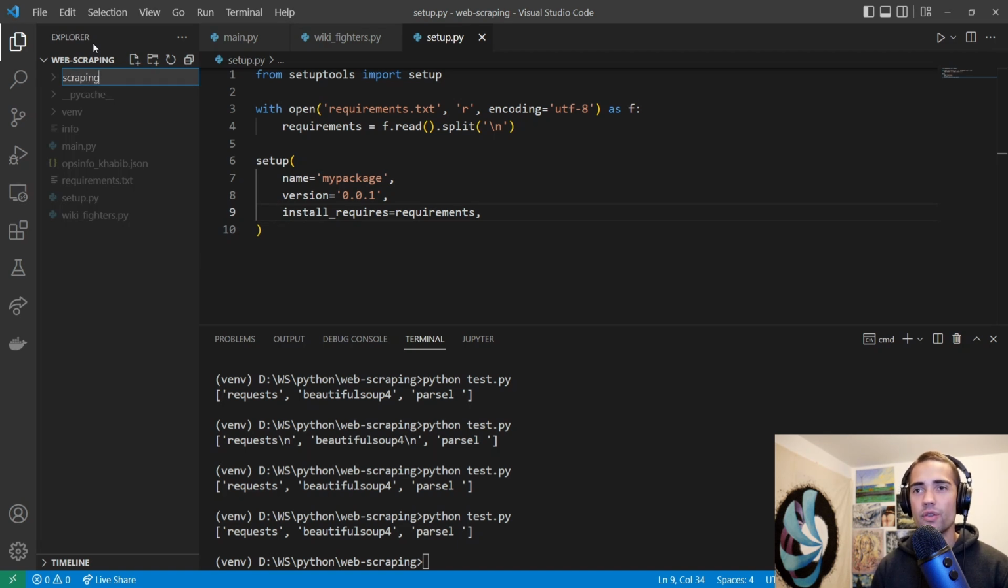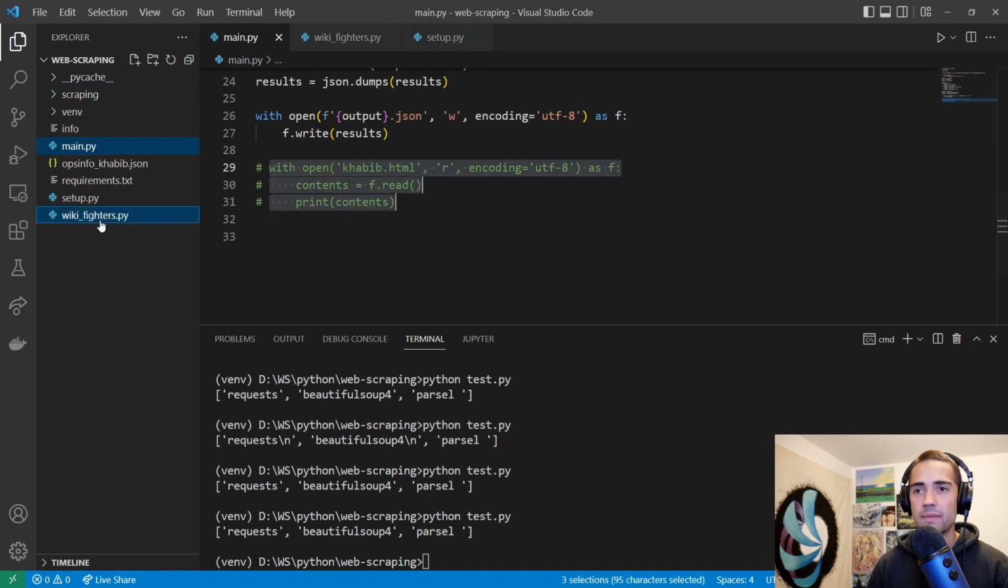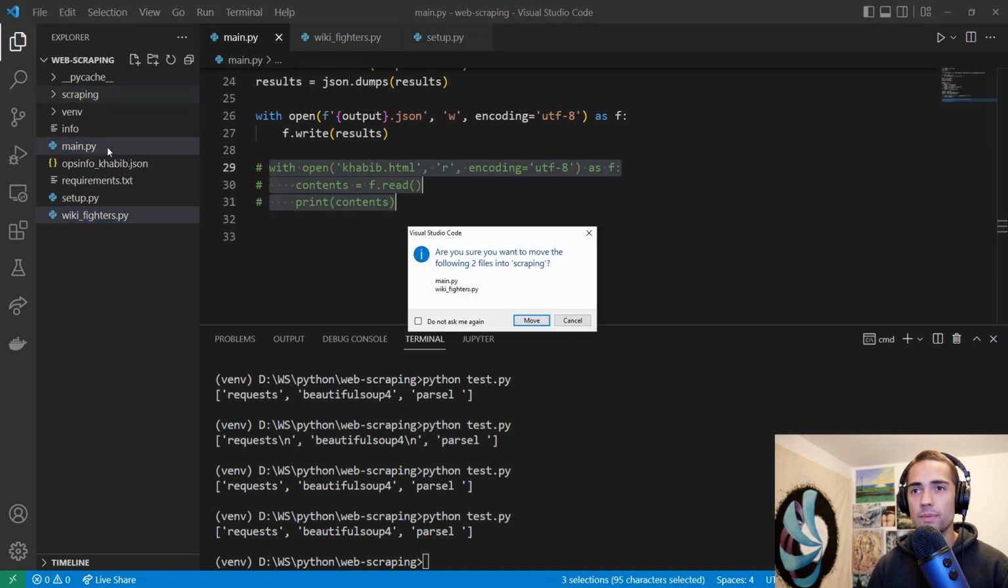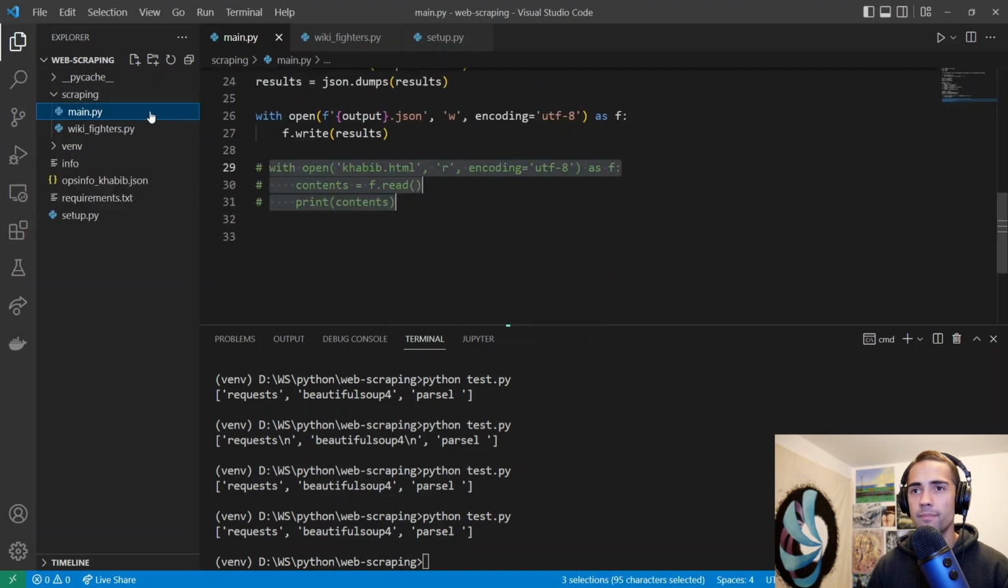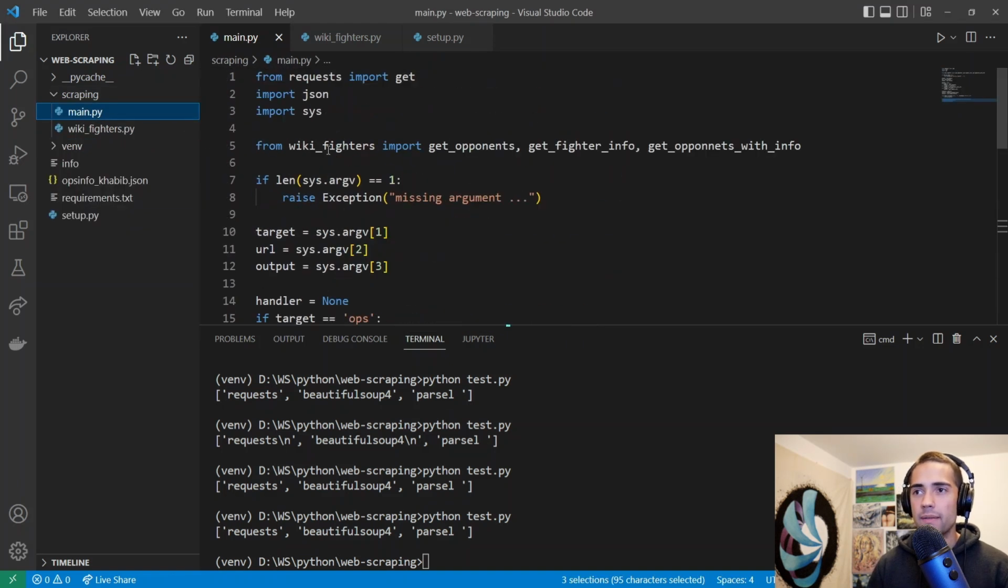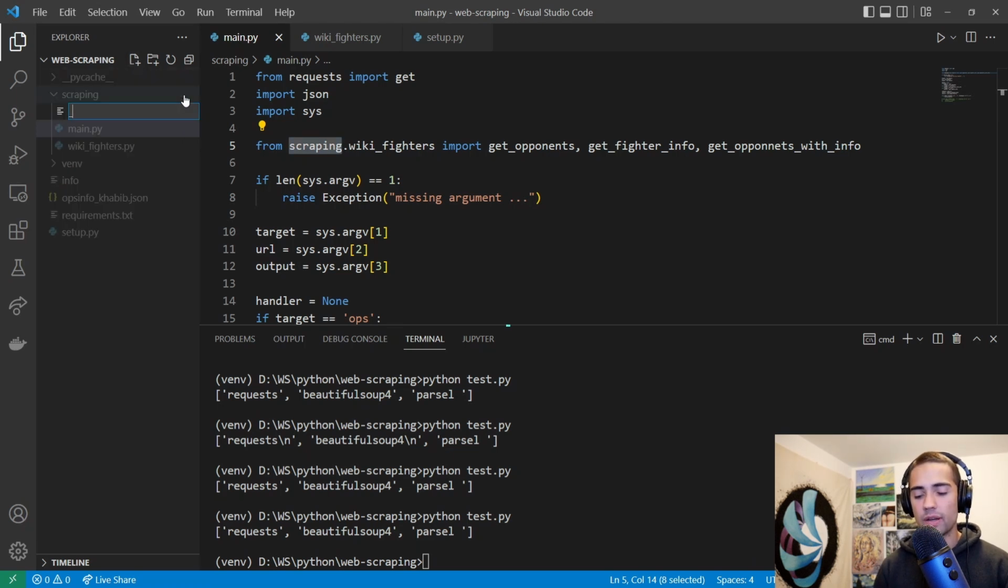However, I'm just gonna call this scraping and leave it at that. I'll take my main, I'll take my wiki fighters, I'm gonna place them over there. I'll move them. The imports now in main.py will have to change from wiki fighters to scraping.wikifighters. So we go from the root of the folder, and additionally, we will have to mark it with an